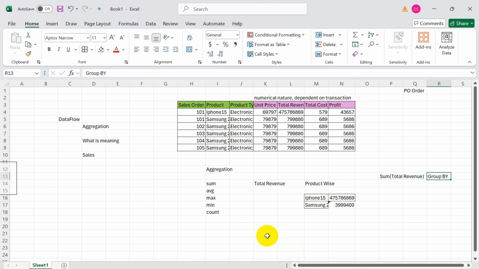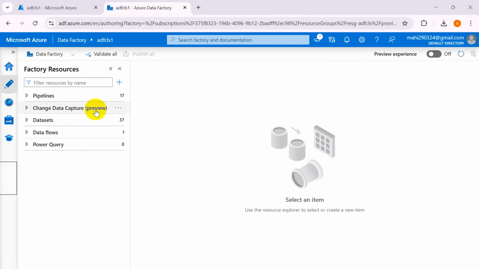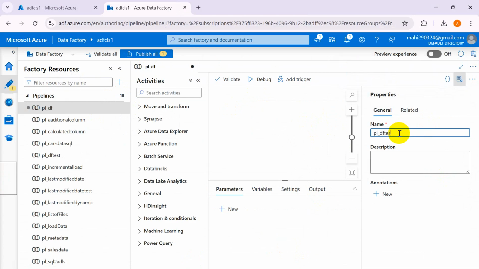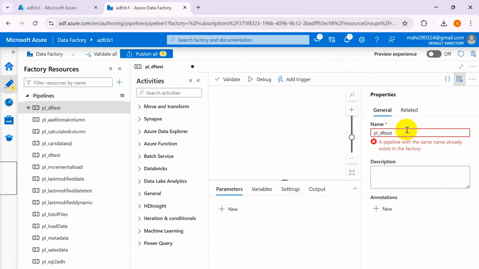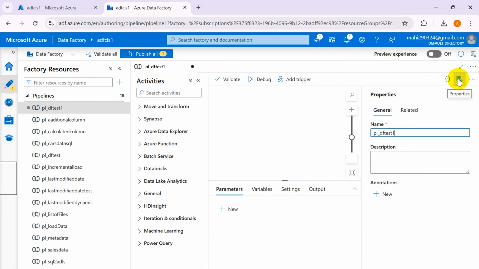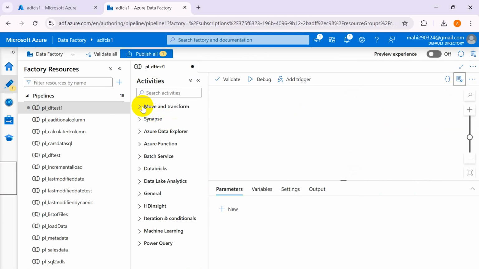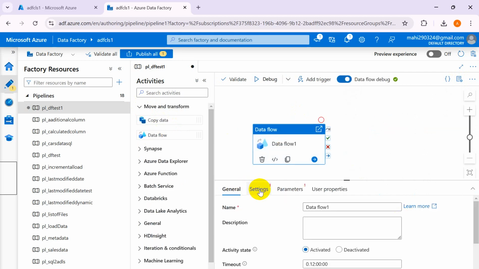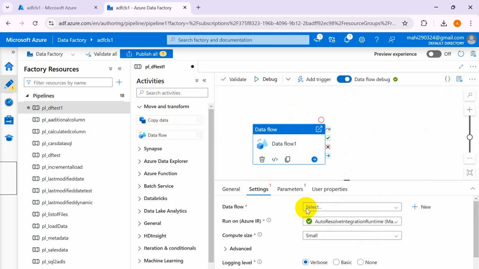Got it. And before we proceed, let's first create the example. I'm going to create a new pipeline which I will call PL underscore DF test, data flow test. It's already available, so I'm giving it a number. Okay. Then I'm going to drag here the data flow, and inside this data flow,